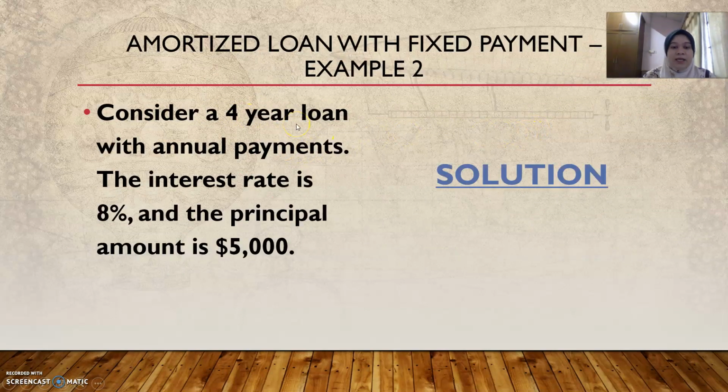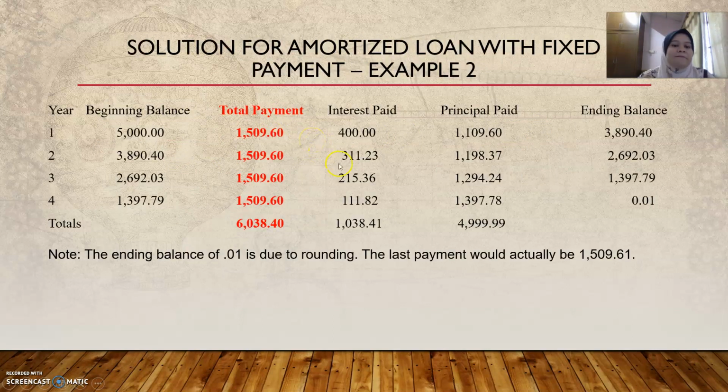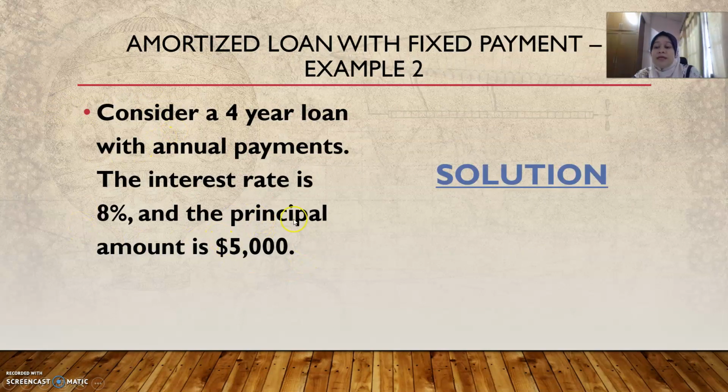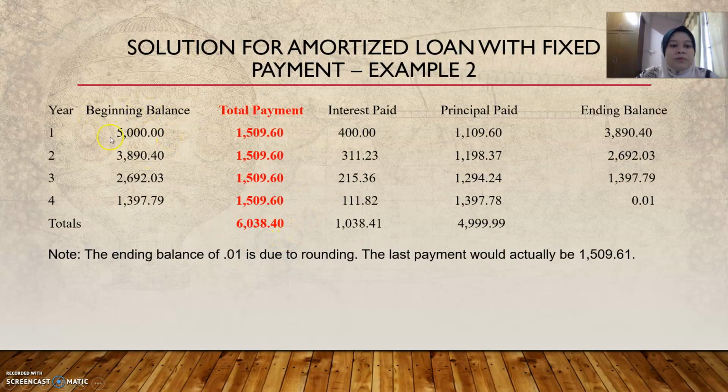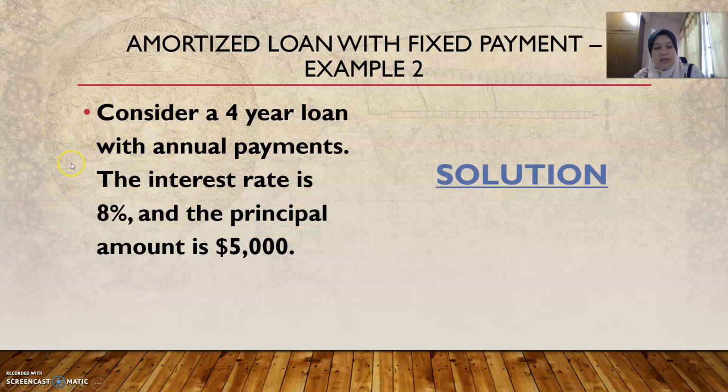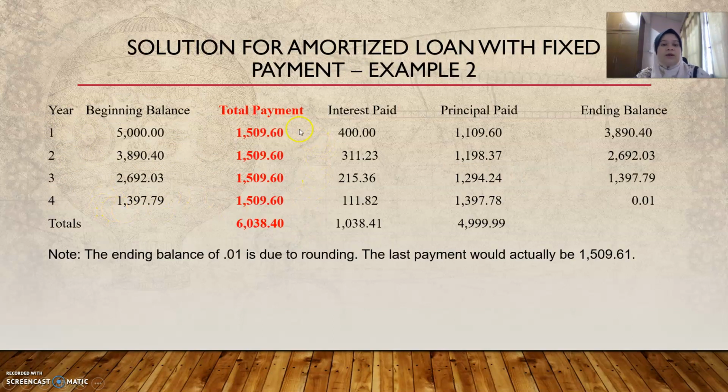Okay, so inside here, you know that you need to find the annual payment, because the annual payment is what we need to find. Okay, alright, so the beginning balance starts with 5,000 because the amount that is given here is only this one. So you take this figure as the beginning balance. So the beginning balance will be 5,000. The period is 4 years, and the interest rate is 8%. So how are you going to find the interest paid? 5,000 times 8%, it will be 400. And then how are you going to find the principal paid? Okay. So the ending balance will be 5,000